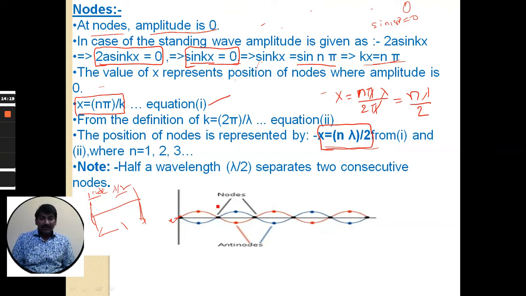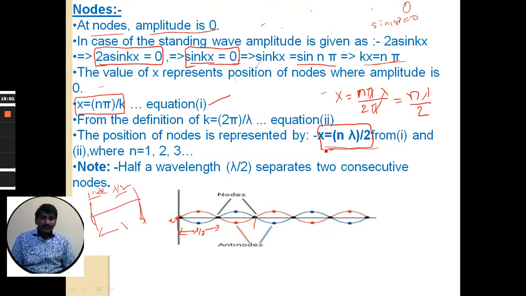So with respect to wavelength, wavelength is the consecutive distance between two crests or two troughs in transverse waves, two compressions or two rarefactions in longitudinal waves, right? So here, if I take from the initial position to lambda by 2, the distance from here to here, if it is lambda, a complete waveform. This is x equal to 0 position and this is also x equal to 0 position. This gives the first node distance as lambda by 2.